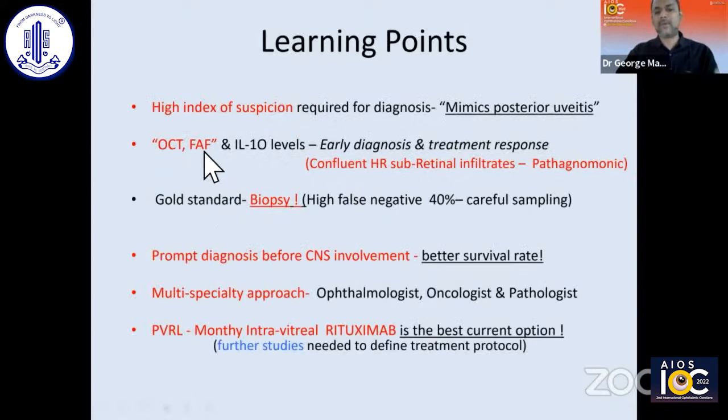And I wanted to highlight the OCT and fundus autofluorescence features, which are almost pathognomonic, with the confluent subretinal hyperreflective band that is seen. Biopsy is the gold standard, but has a high false negative rate. So it's important to have careful sampling with a low cut rate and undiluted sample, and immediate shifting to the lab within 1 hour. With prompt diagnosis before CNS involvement, there is a better, prolonged survival rate, and a multi-specialty approach is important. And for PVRL isolated to the eye,